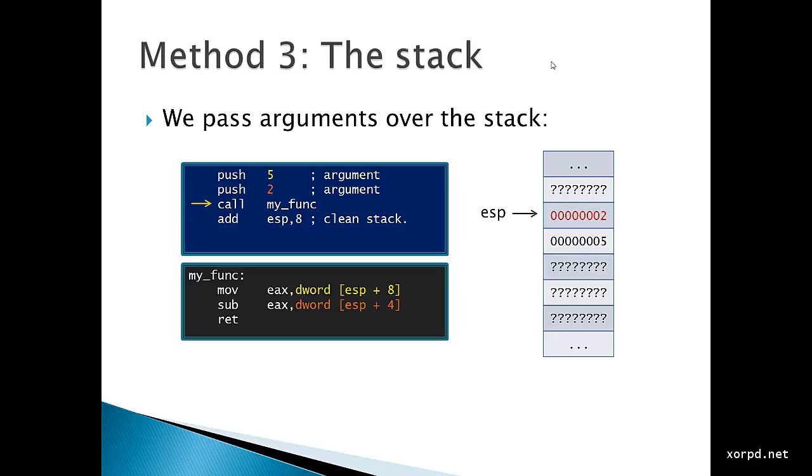Next we call myfunc, which basically is going to push the return address, which is the address of this instruction, to the stack, and then immediately jump to myfunc. I mark the return address as ret address. I just didn't want to write here some arbitrary number. So imagine that this expression stands for the address of this instruction, add ESP, 8.